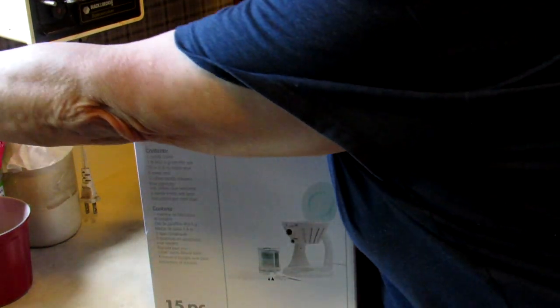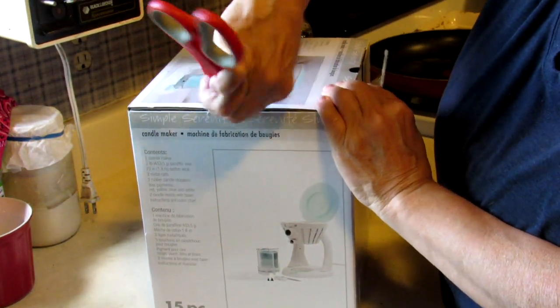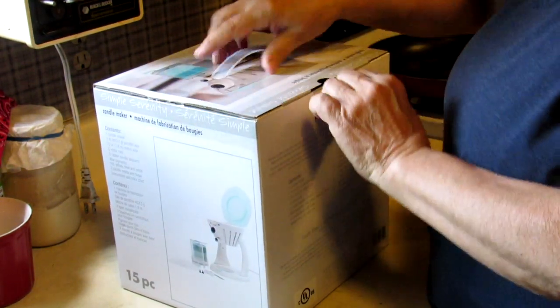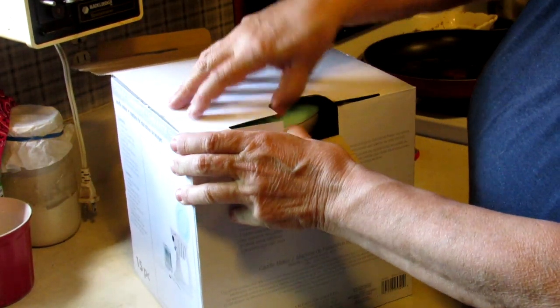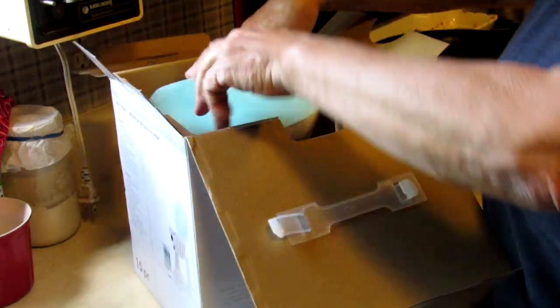So let's see if I can't get this open. Let's see. That side. One on that side. Ready? Okay. Oh wow. Okay, so